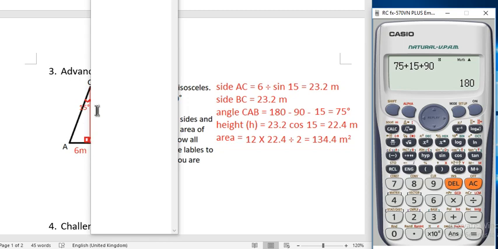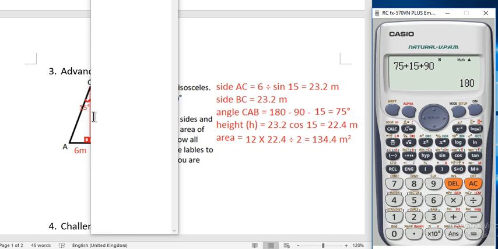What's relevant is the side that you're going to use, in this case the 23.2, and also the other relevant side is the one that you're trying to find. If either of them is adjacent,